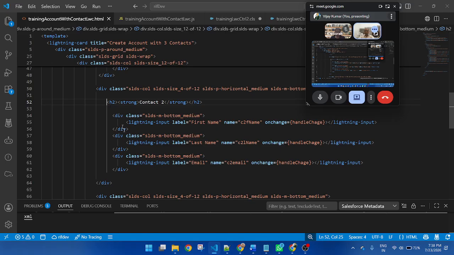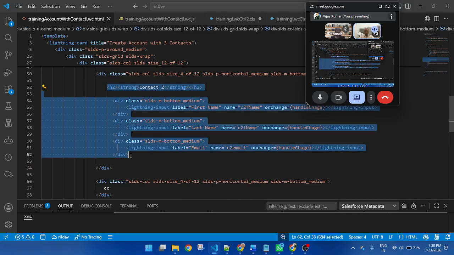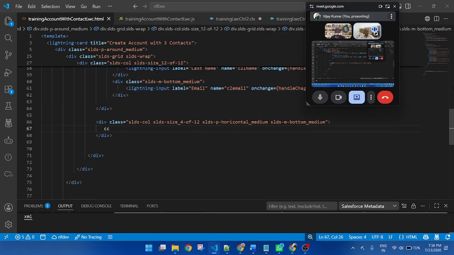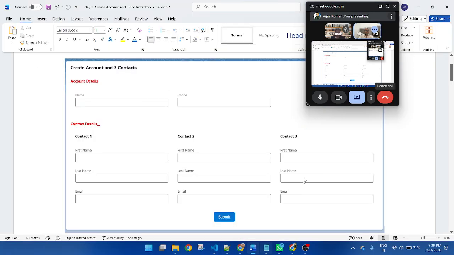So now let's copy this code inside this column and go to column 3. Now let's create contact 3.